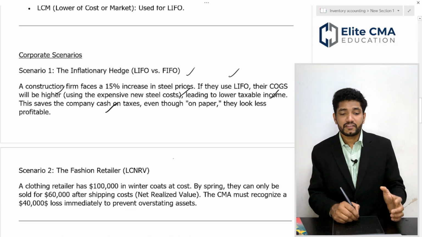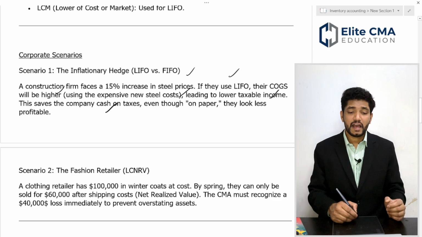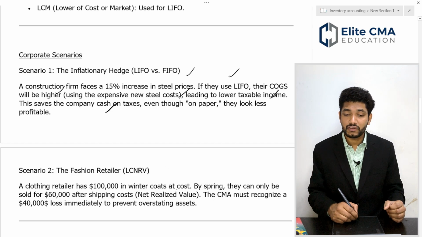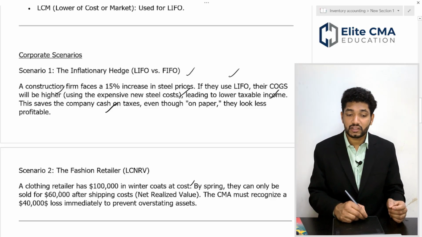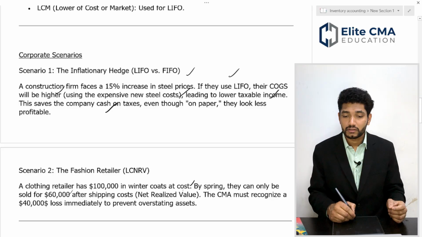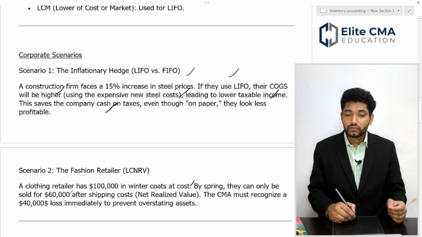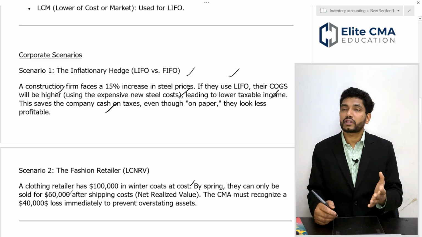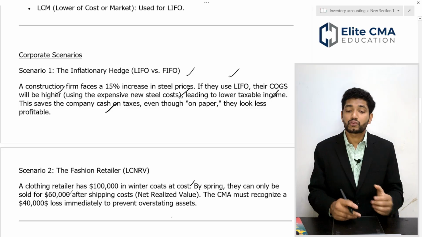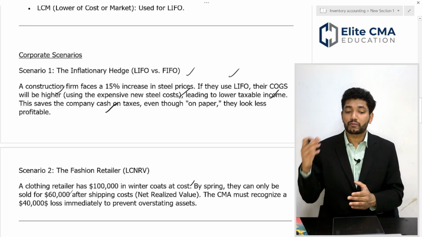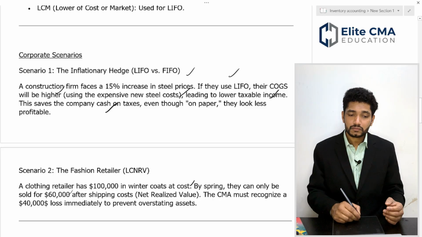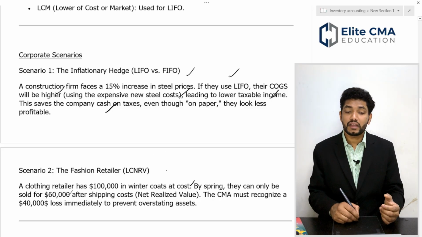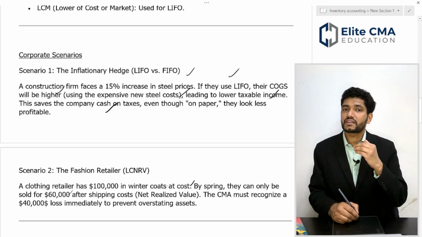So, let us move into the second scenario. A clothing retailer has 100,000 in winter stock at cost. By spring they cannot be sold, only 60,000 after shipping cost. So, in this case you have to immediately report a loss of 40,000 to prevent overstating your asset. You have to consider only the lower of cost or net realizable value